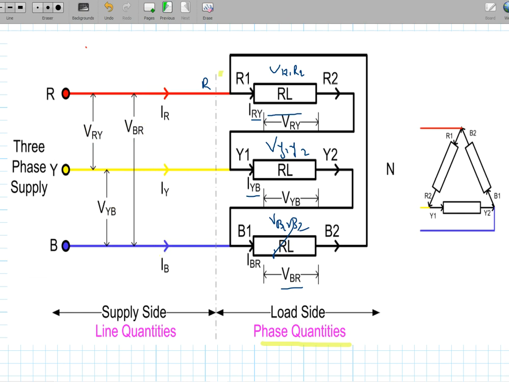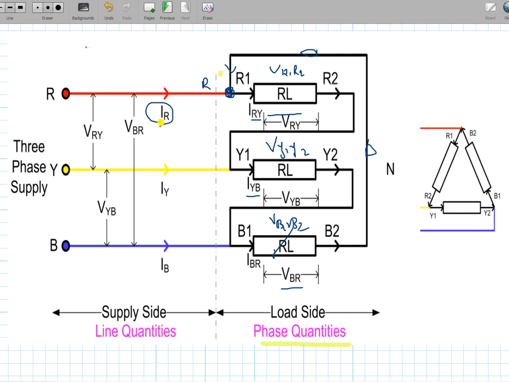Now critically observe this. Suppose this is a junction. Let us consider that this is a junction. What will you observe at the junction? This is the incoming current, this is the outgoing current, and this current is also incoming. So there are two incoming currents and one outgoing current.